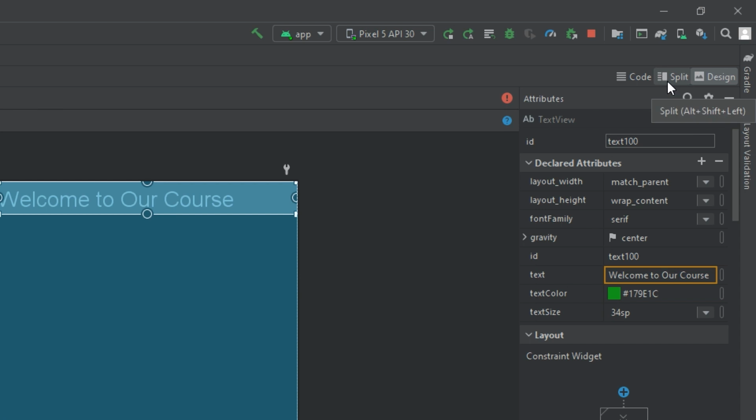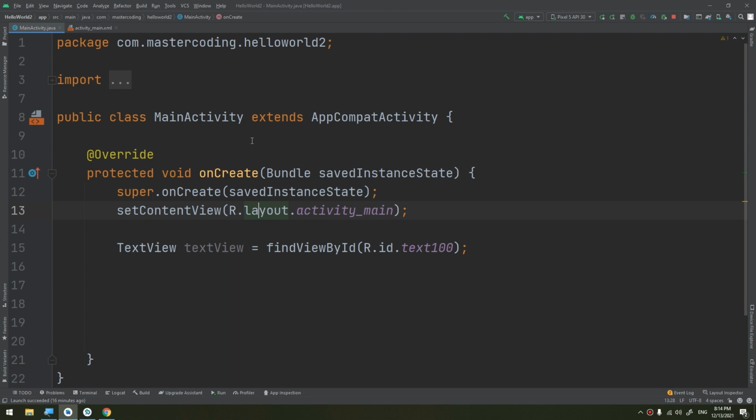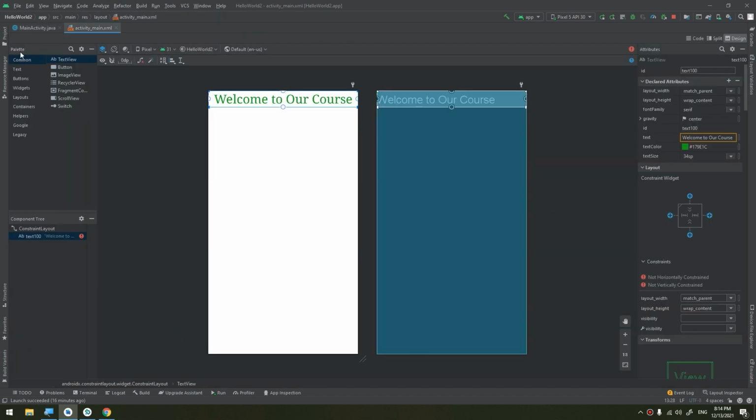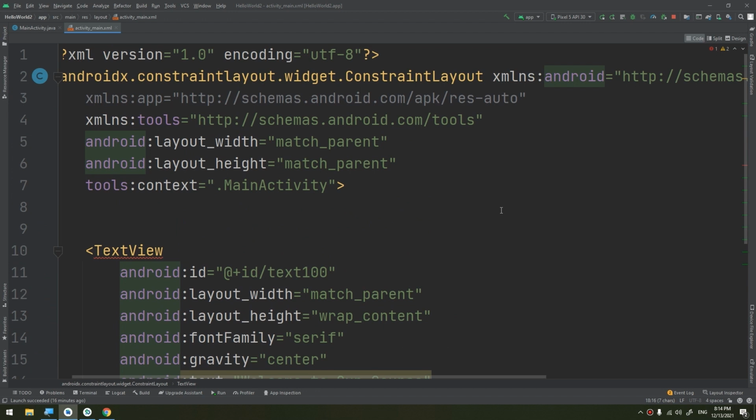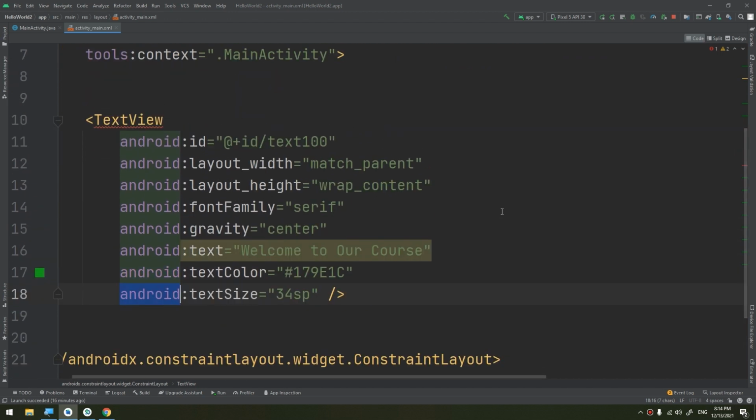It's in the design or in the split panel. Okay. Till now, we have learned about the text view, how to customize it, how to create it, and how to play with the attributes. So I hope you found the attributes and the text view good. Now let's move to learn